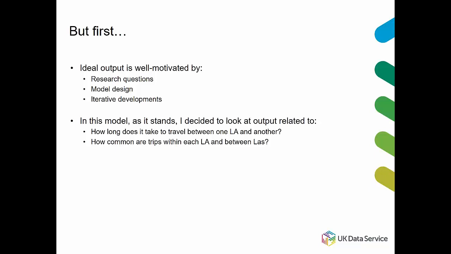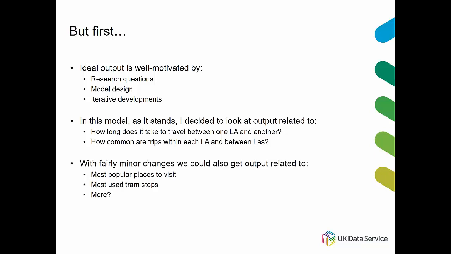Nevertheless, without making any changes, I could still ask some questions like how long does it take to travel between one local authority and another on average? How many trips are taken between one local authority and another or within the same local authority? And quite easily, I could change the code to give more output, like how popular are different tram stops or how often do people go to different destinations. This would just be to ask those agents to report on how many commuter agents are located at that